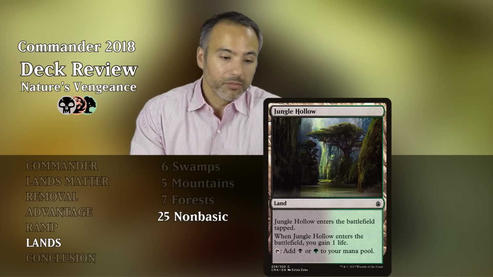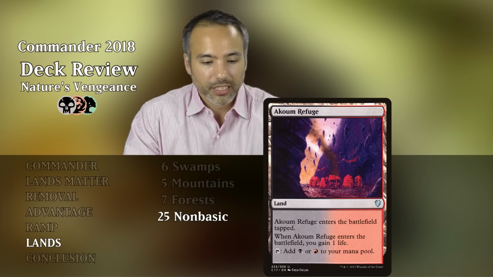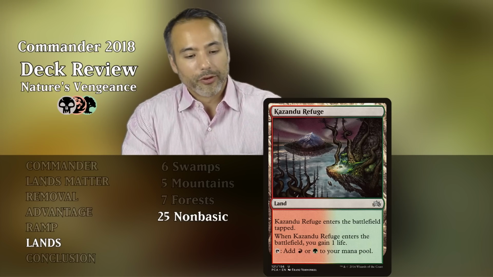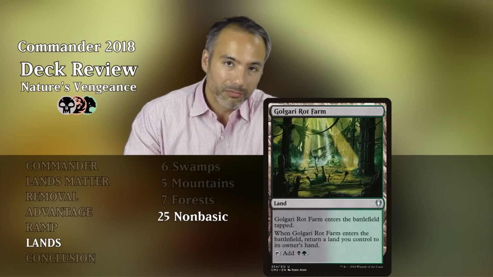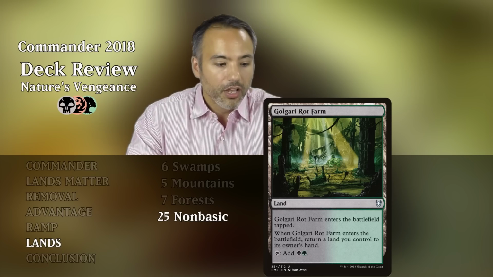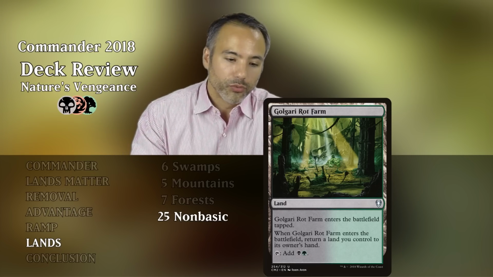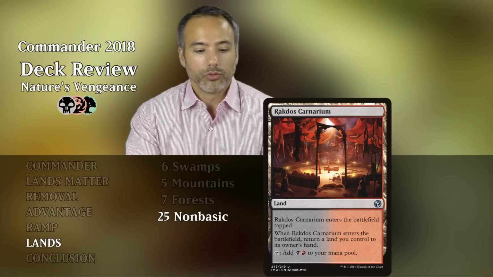also gives us a life when it comes in, which is the same as Akoum Refuge, but now it gives us black or red. And Kazandu is the same, Kazandu Refuge, but this time it gives us a red or a green. Then we have Golgari Rot Farm, which enters the battlefield tapped, and we must return a land we control back to our hand, but it taps for a black and a green. We also have Rakdos Carnarium, which is the same but gives us black and red, and Gruul Turf, which gives